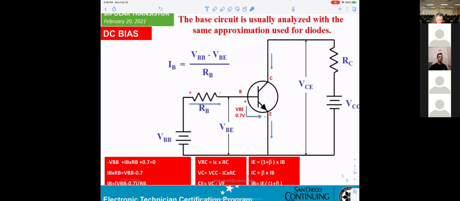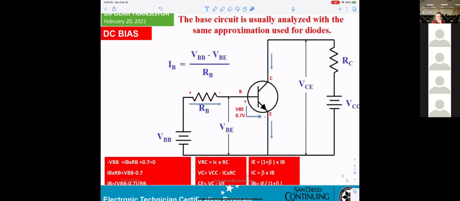If I want to measure VC, you have to tell me where DMM high connects and where DMM low connects.